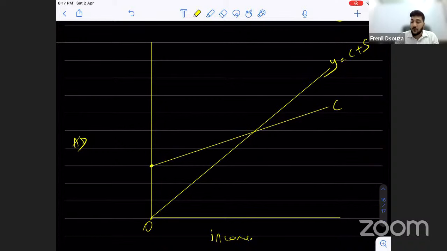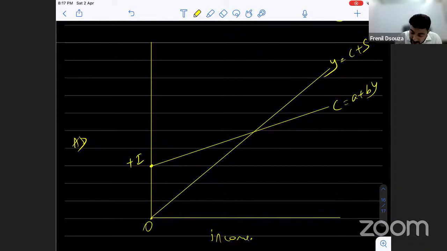This is C. How do I get C? C is equal to A plus BY. And now this is with regard to consumption only. That is the demand which is raised by the households. But there are business firms also. So these business firms also raise the demand, and that I will add in terms of investment. Let me add a little bit of investment here.